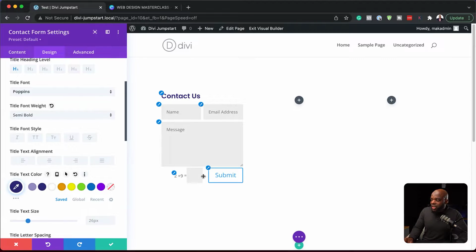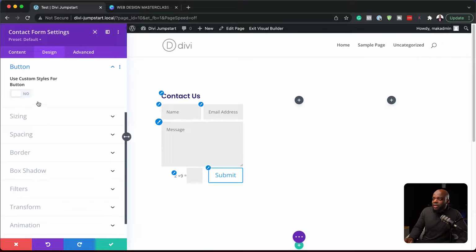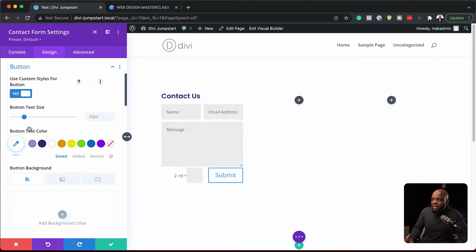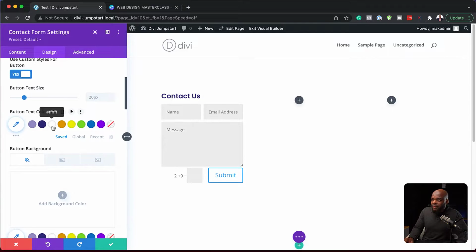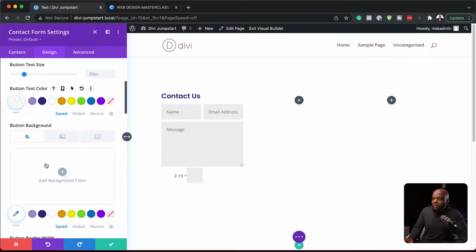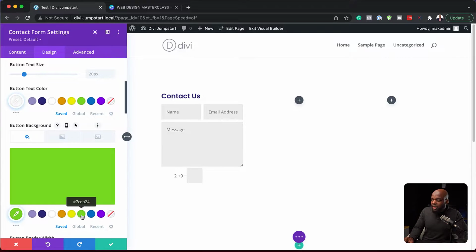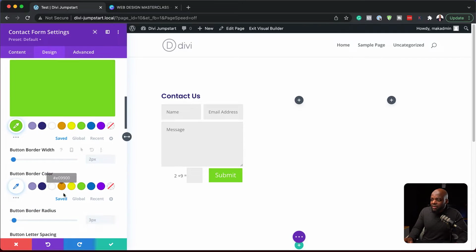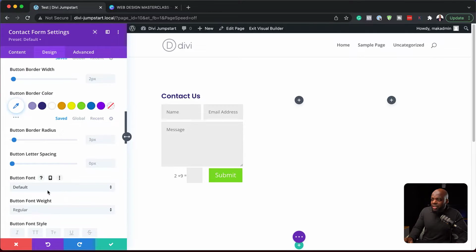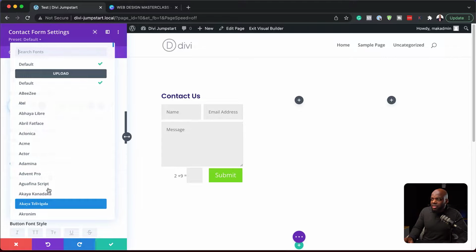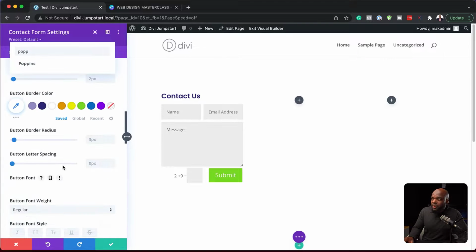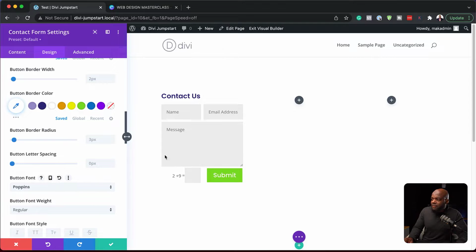So let's say I want to change the button. I can just click here on the paintbrush icon. It takes me to the button, and then I can go in and start customizing the button. So for example, it's asking me for my text color here. Maybe I want to make it white. And for my button background color, maybe I want to make it green. You can see here now things are changing. And then I can go further down here and say, maybe I want to change the font. So I can go in here for my default font and choose Poppins. So just like that,